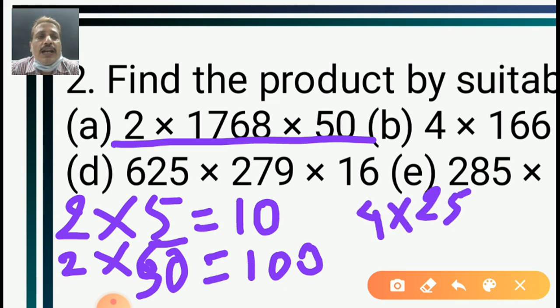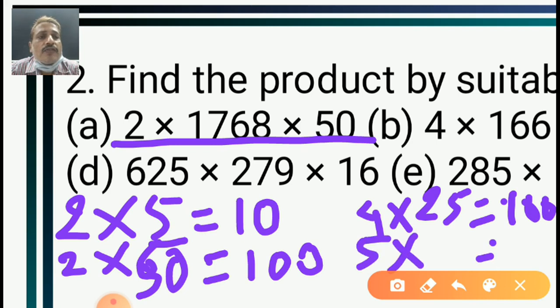4 students are there. Each has 25 rupees. How much will they make? Oh, 100. Correct answer, student. Okay, one more thing. Suppose there are 5 students and they have to take out some rupees and make it 100. How many rupees does each one have to bring? Hello, student. Give the answer now. I want the answer here, fill in the blanks.